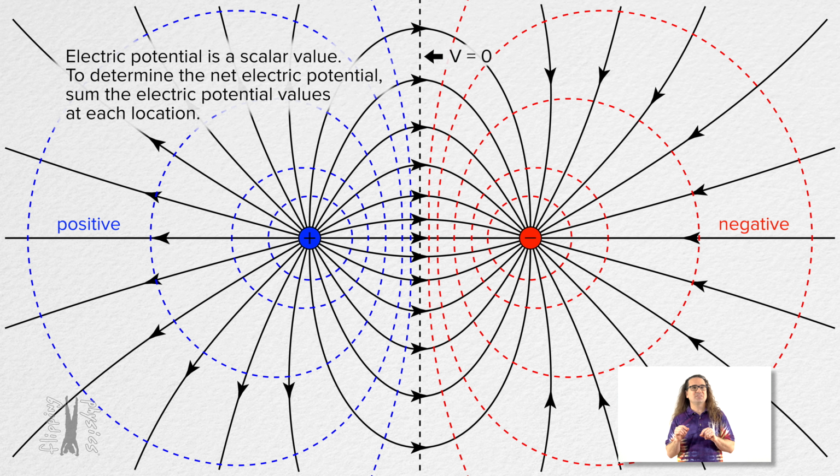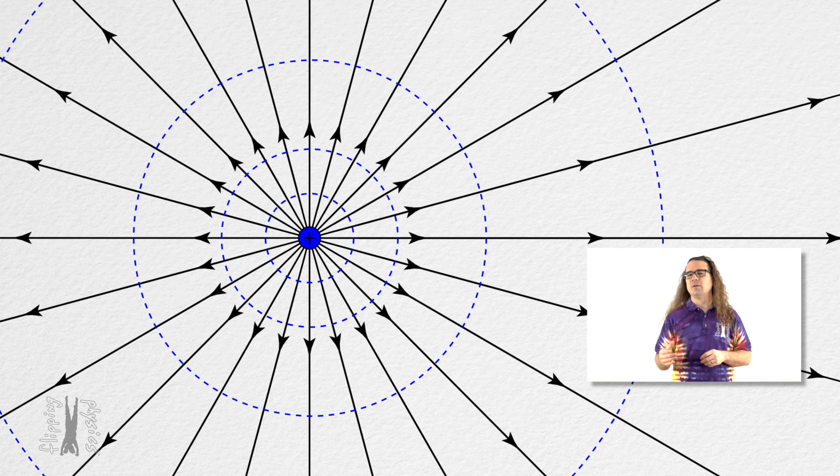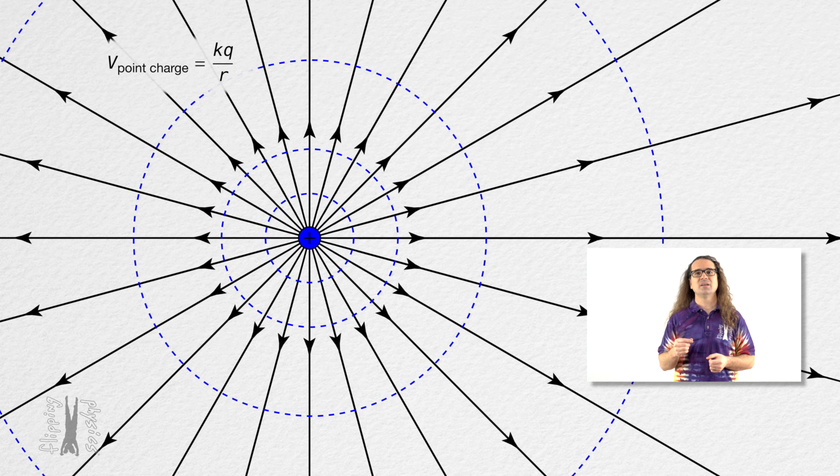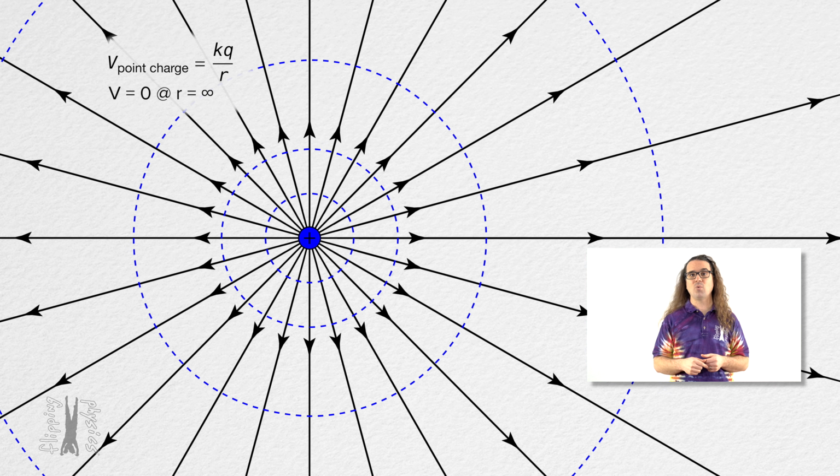Actually, we have yet to discuss the equation for the electric potential caused by a single point charge. So let's get the electric potential and field line map back on the screen around just the singular positive point charge. The equation for the electric potential which surrounds and is caused by a point charge equals the Coulomb constant times the charge, all divided by the distance from the center of the point charge to the location of the electric potential. This equation defines zero potential to be infinitely far away from the point charge, just like the universal gravitational potential energy equation.